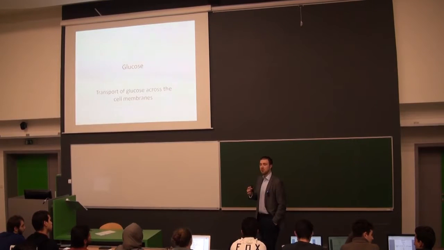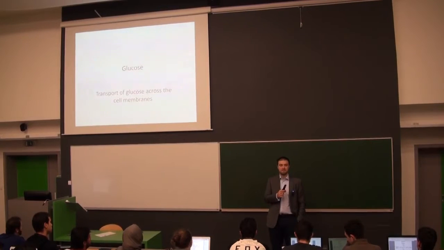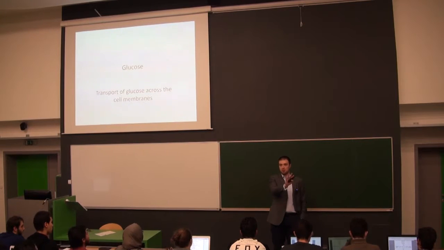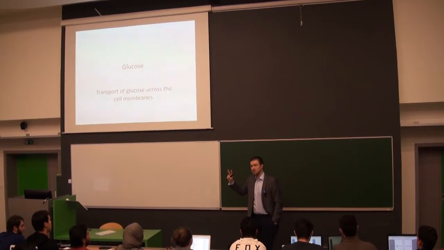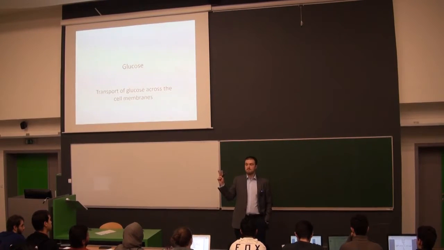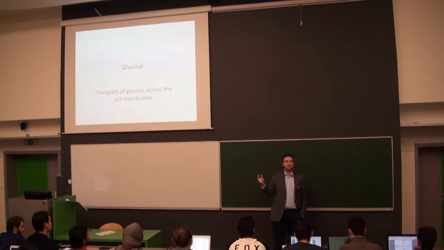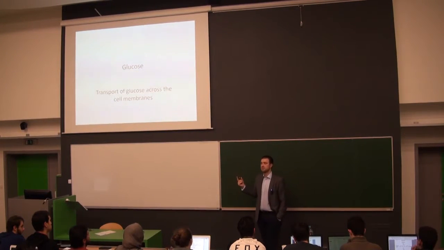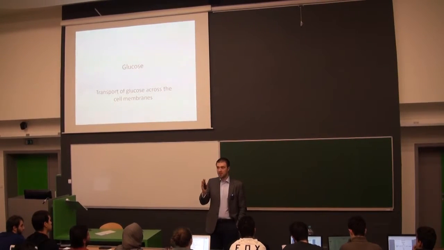What other types of transport do you know? So we have facilitated diffusion. Second possibility is? Good. So I wanted to say passive diffusion, that means without a channel. And now we have active transport, and we have basically two types of active transport: primary and secondary. What's the difference between them? Good. So the primary one is you have a pump, and the pump directly utilizes ATP.